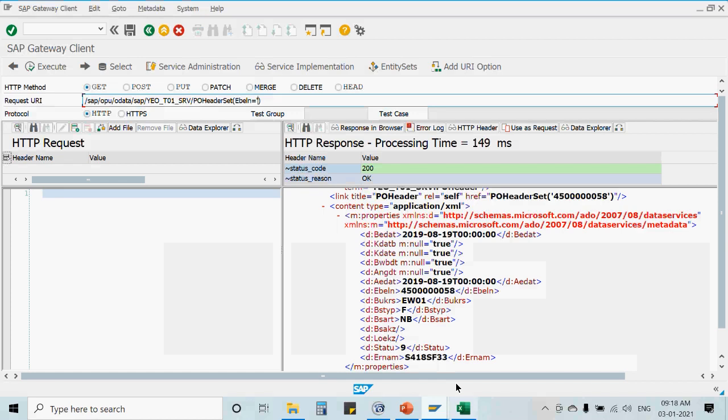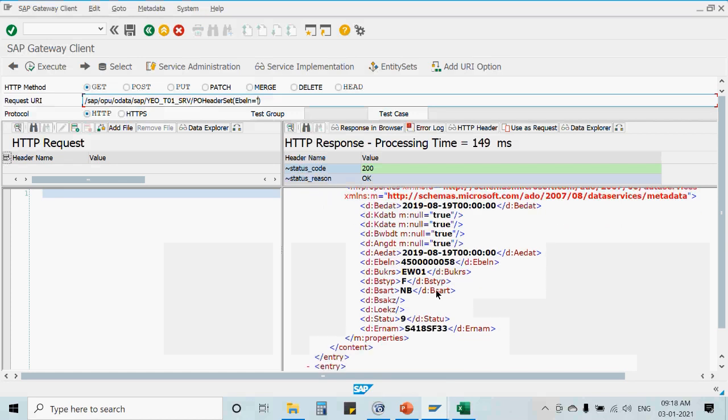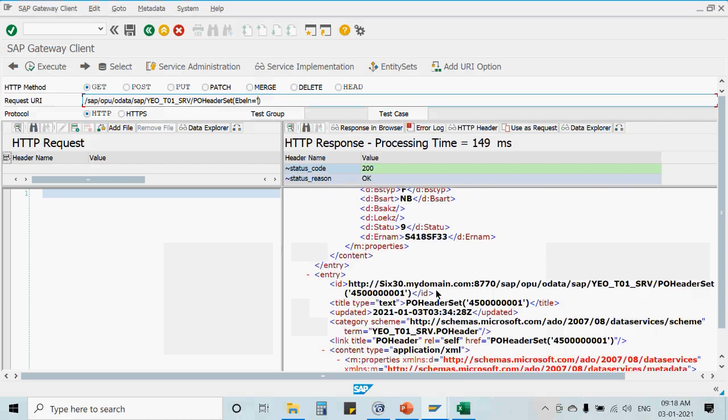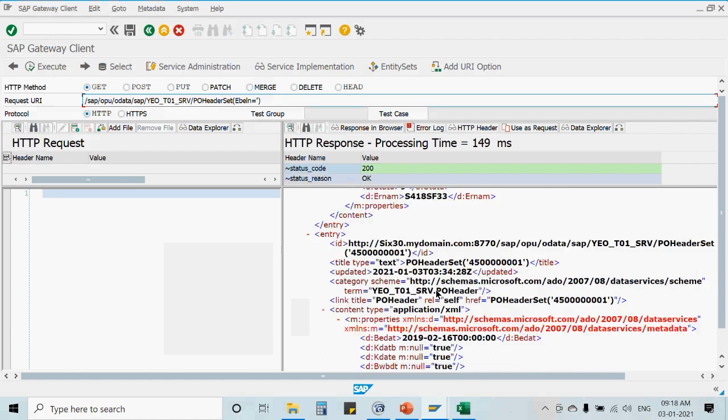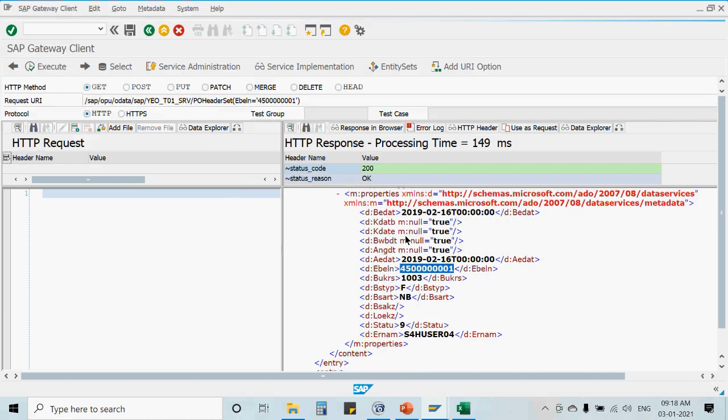Let's say over here I am getting 4, 5, all 0, 1. If I want to read only that particular record, then I would pass this particular value over here and press enter, and we should be able to get a single record. But we are getting an error saying that PO header set get entity is not defined,